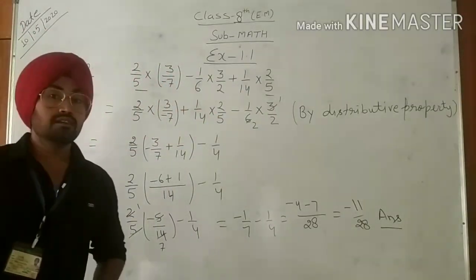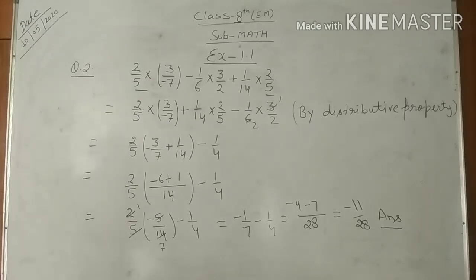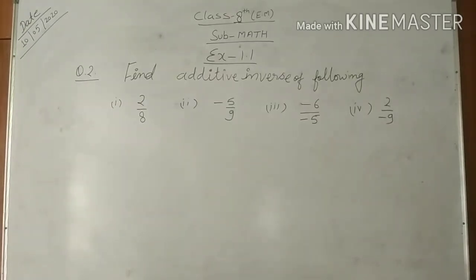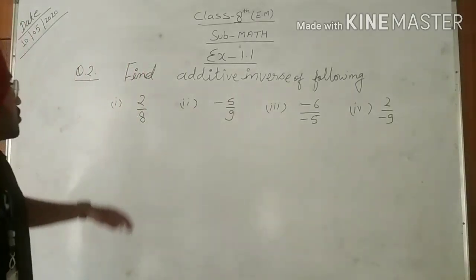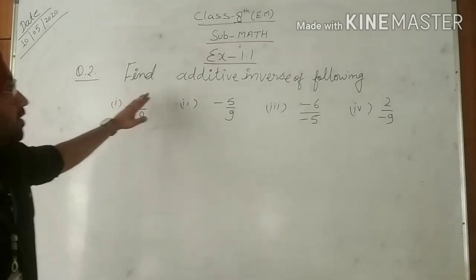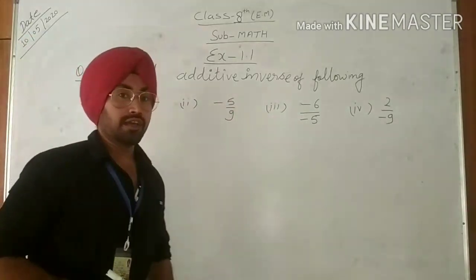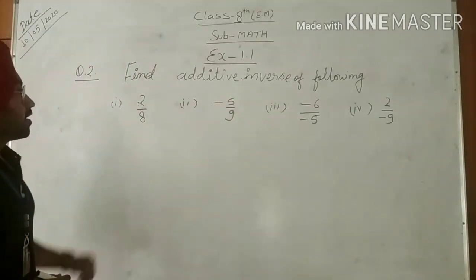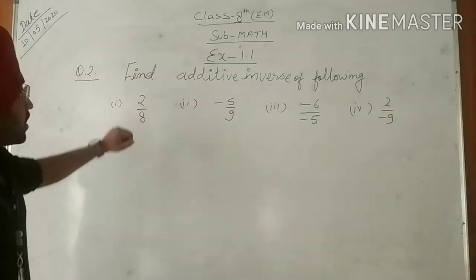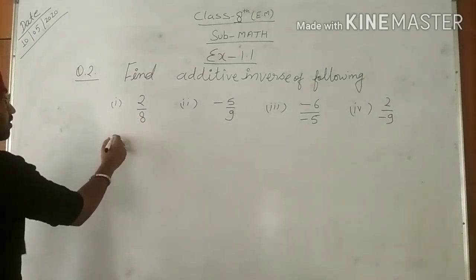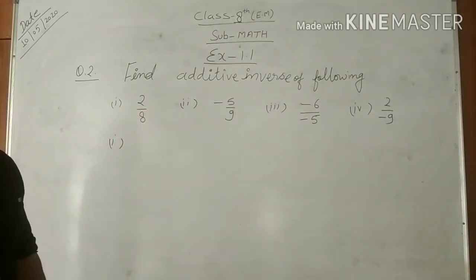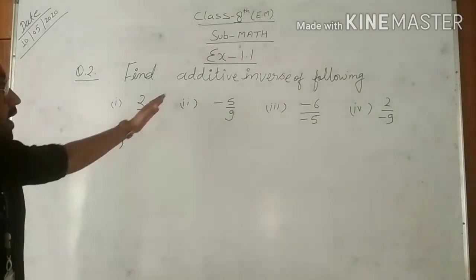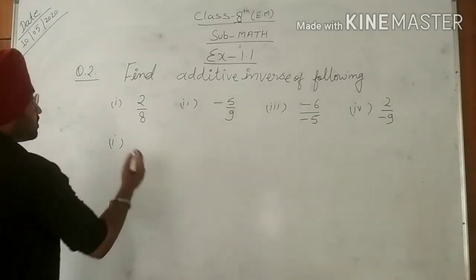Let's move to the next example. Let's do the next question. Question number 2. Find additive inverse of the following. Here are some questions. First is 2 upon 8. We want to find the additive inverse of the following. First we know about the additive inverse. Additive inverse means,